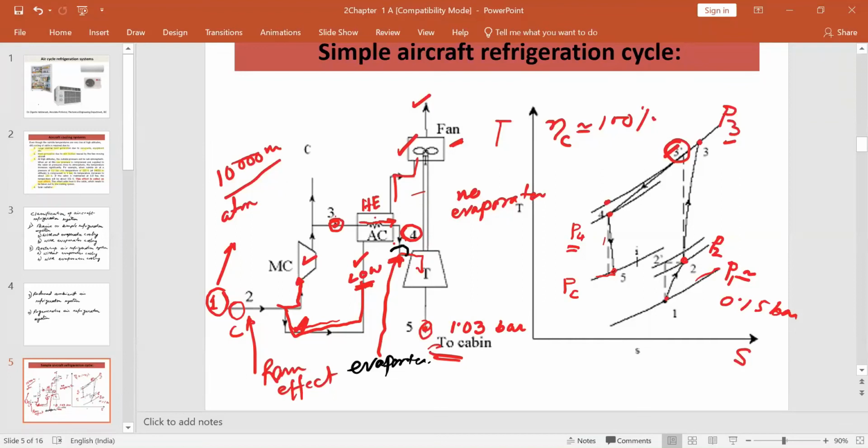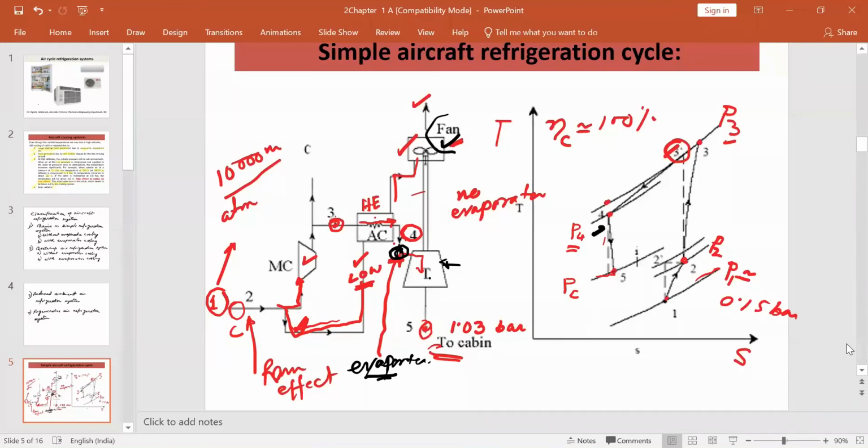If we enter an evaporator here, what happens? The temperature we can reduce further. As a result, if we use an evaporator, the temperature reduces further, so we can use less turbine power in that case. Now, this turbine is used to run the fan. You see, this fan is run by the turbine power. No extra power is required. During the expansion process, we get some work done, and this work done is used by the fan.